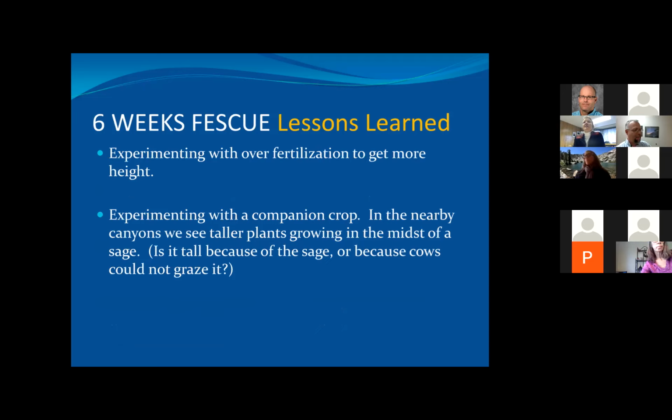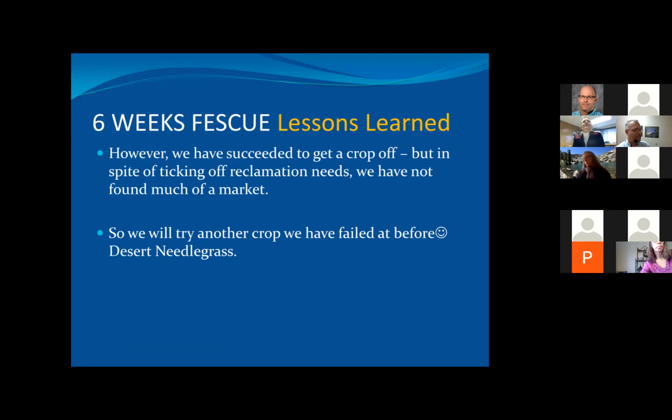We are experimenting with over-fertilization to get higher growth, and we're experimenting with companion crops, which might be why we see some fescue growing tall in sage, or maybe it's because cows graze it and they just don't get at it in the sage. But these are some things we're going to experiment with to see if we do a better job of the 6 weeks fescue. So it is something we've got,